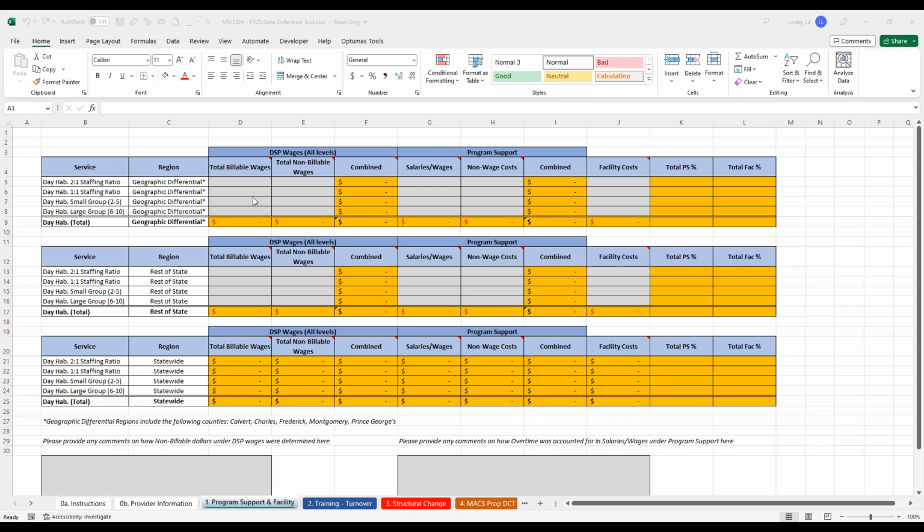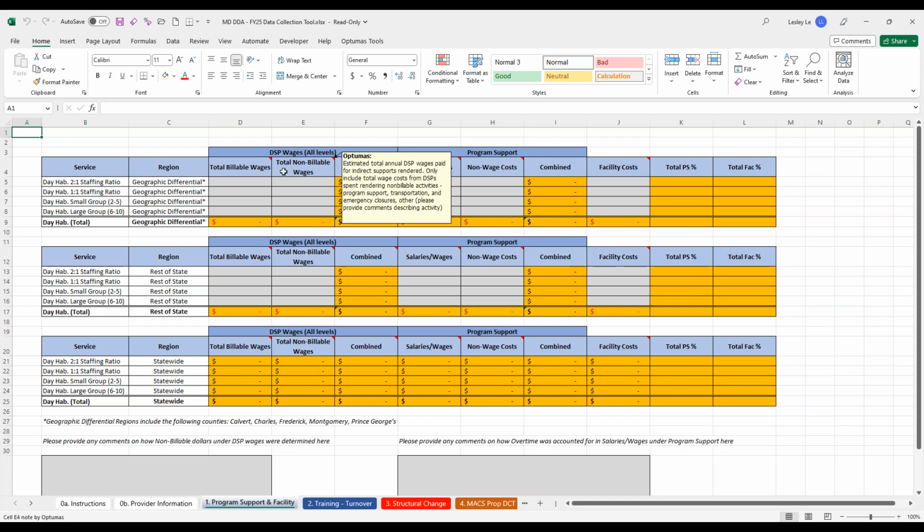Sure. So we're defining billable wages as any wages paid for the direct support services rendered, so anything that includes billed hours for DDA services. Non-billable wages would be things like transportation, program support, any emergency closures if the wages are still paid but you're unable to bill that time to DDA, and other wage costs that are not included in the direct service rendered.